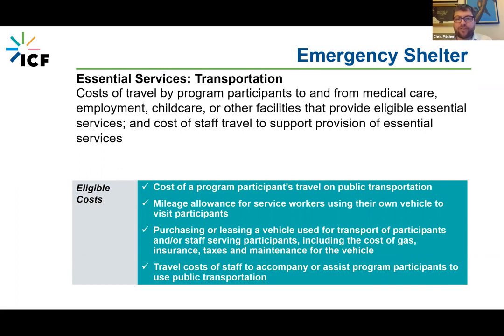Also, the cost of staff to travel and support the provision of those essential services. Eligible costs include travel and public transportation, mileage for service workers using their own vehicle, the purchasing or leasing of vehicles, including gas, insurance, taxes, and maintenance, and then travel costs of staff to accompany program participants, emergency shelter residents to use public transportation.